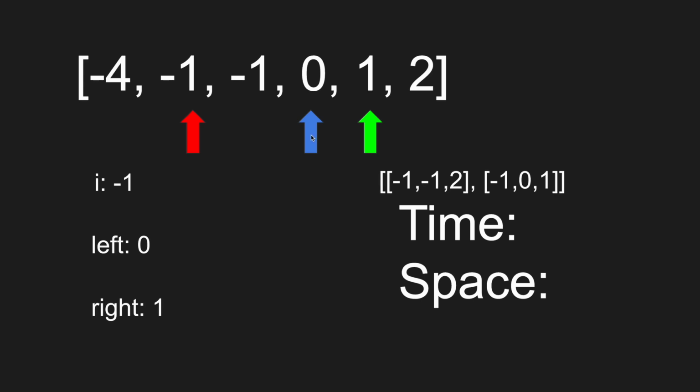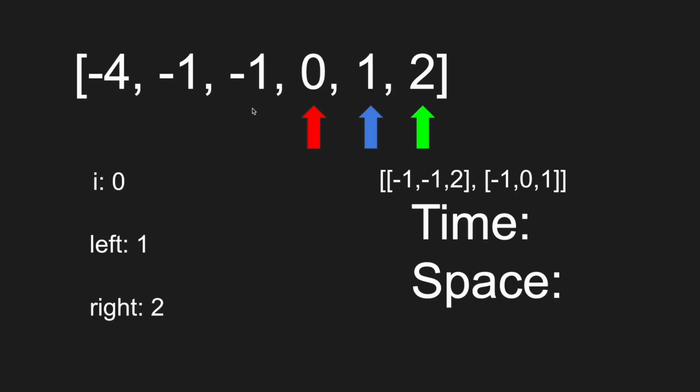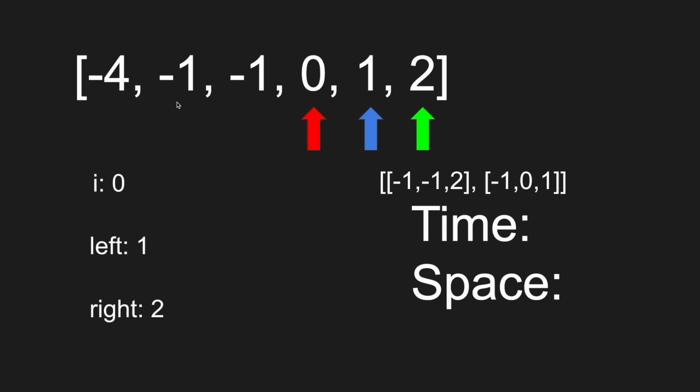And now we shift the left and right pointer again, and then they meet, so now we shift the red pointer, and then we set the right and left pointer to where they should belong. We can skip this number because it was the same as the previous number, so it would be repetitive work. So now we add these 2 numbers and they are greater than 0, so we shift the right pointer, and now that they meet, we can shift the red pointer again and place the left and right pointers at